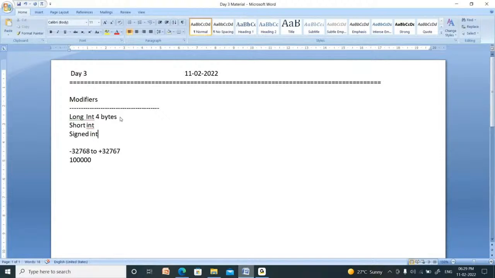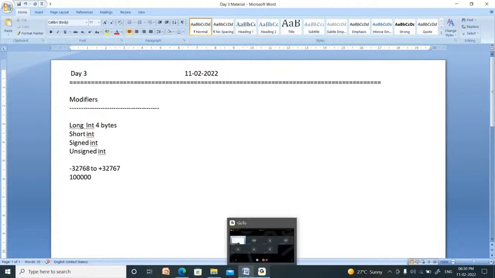Those are called signed integers. If I want to store only positive integers, I can use unsigned integers. The long, the short, the signed, the unsigned, these are called modifiers.